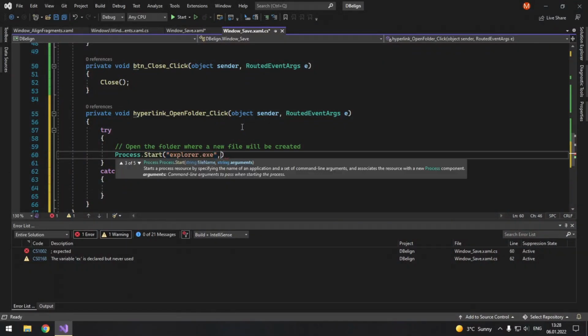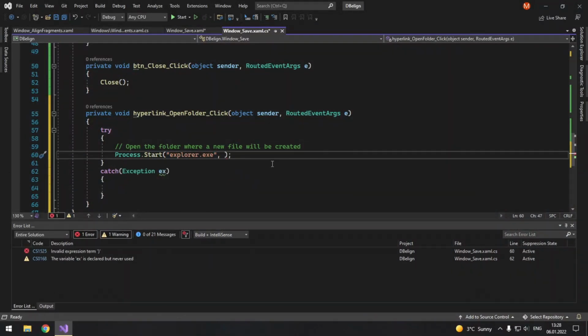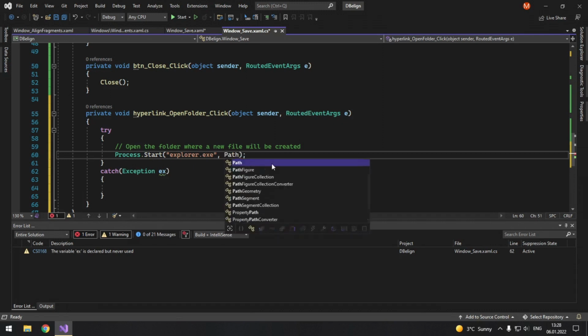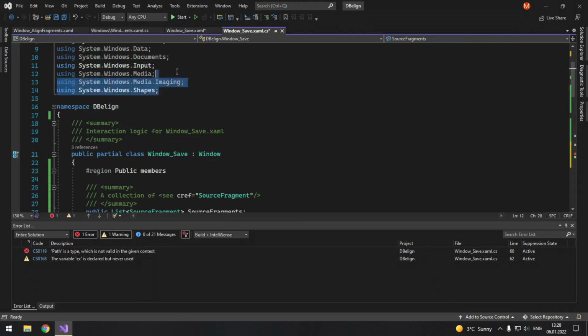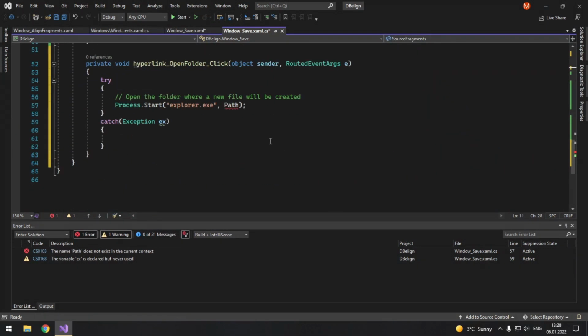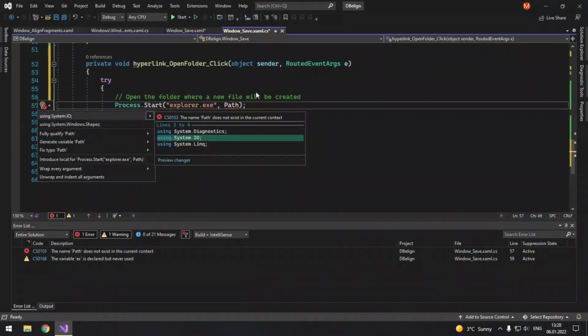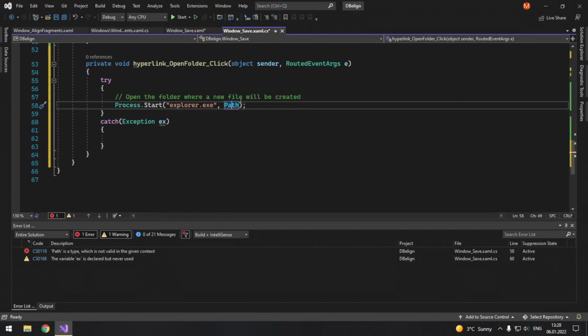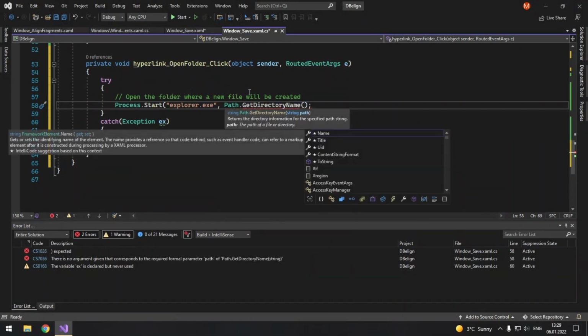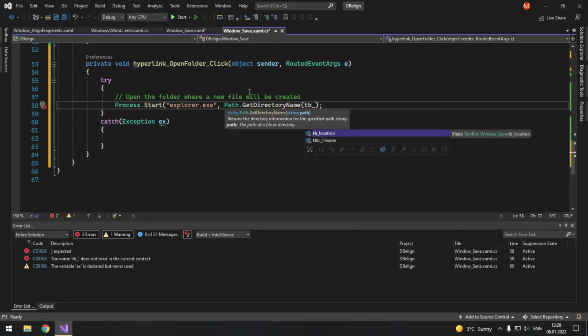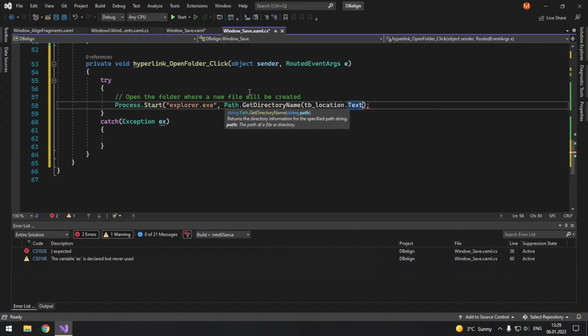And then you will pass the path. Here we can pass the path using Path. It's not in Shapes, it's actually in System.IO. So Path.GetDirectoryName, and we get it from what is written in tb_location.Text.